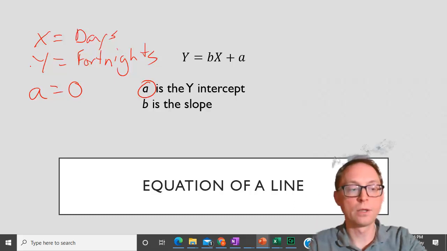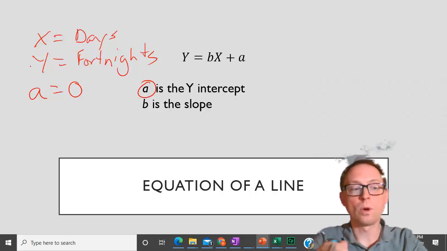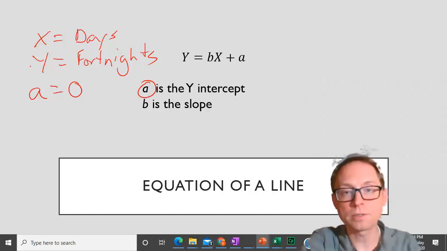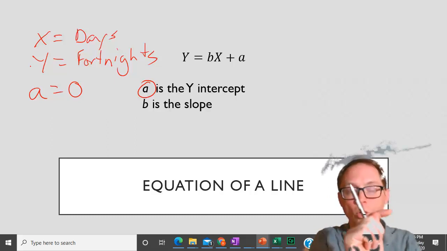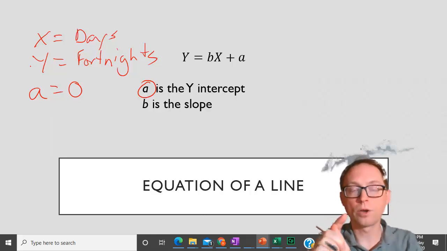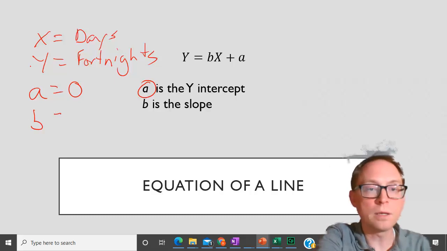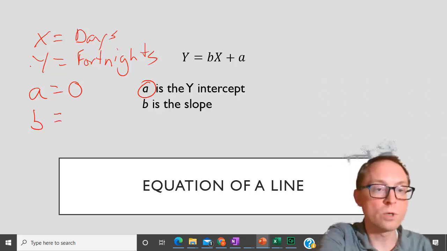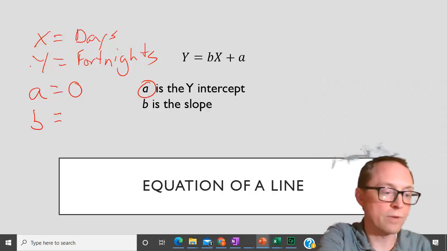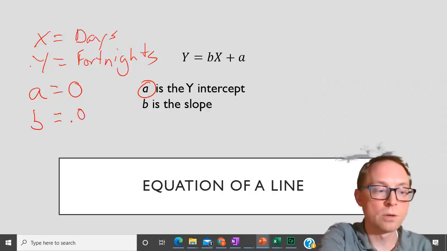All right. So for every one fortnight, that's how many days? So it's 1 divided by 14. Rise, 1 rise in y over run. Okay, 1 increase in day. So this is all review from like middle school, right? So the slope is going to be 1 divided by 14, which is 0.0714287. So 0.0714,